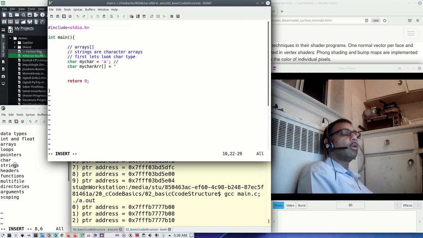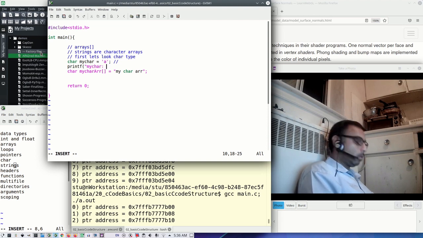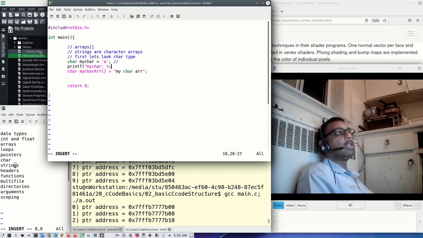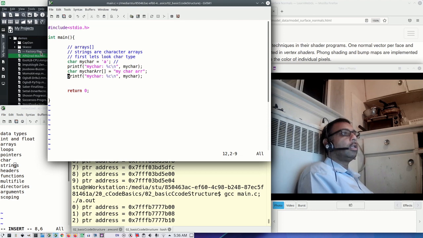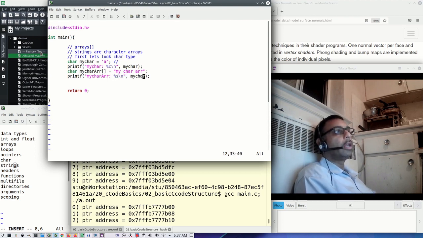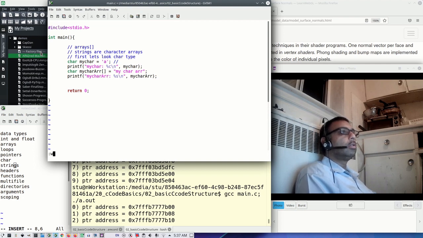And now we're going to use double quotes. My char array. So let's print this one out and see that we're doing okay. For this, we use %C for a character and my char. And here, my char array. Here we use %S for string. My character array. So we covered %D,